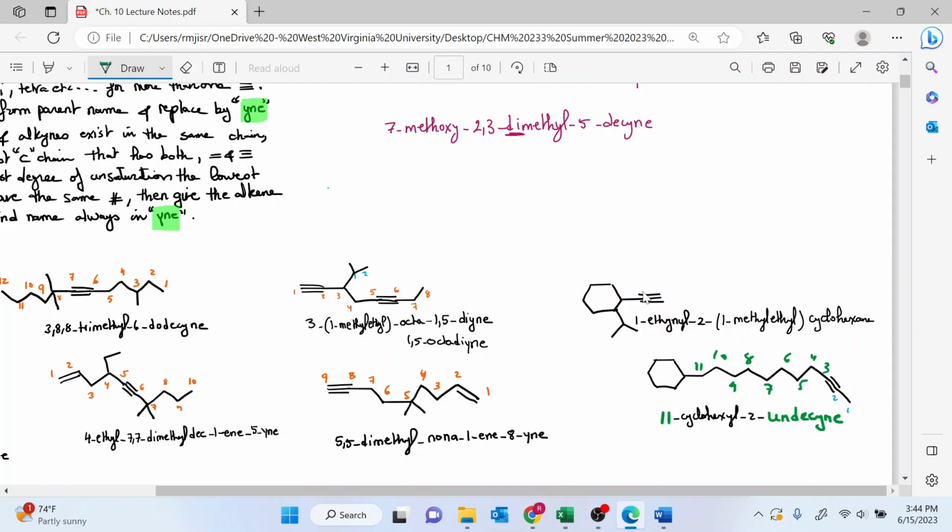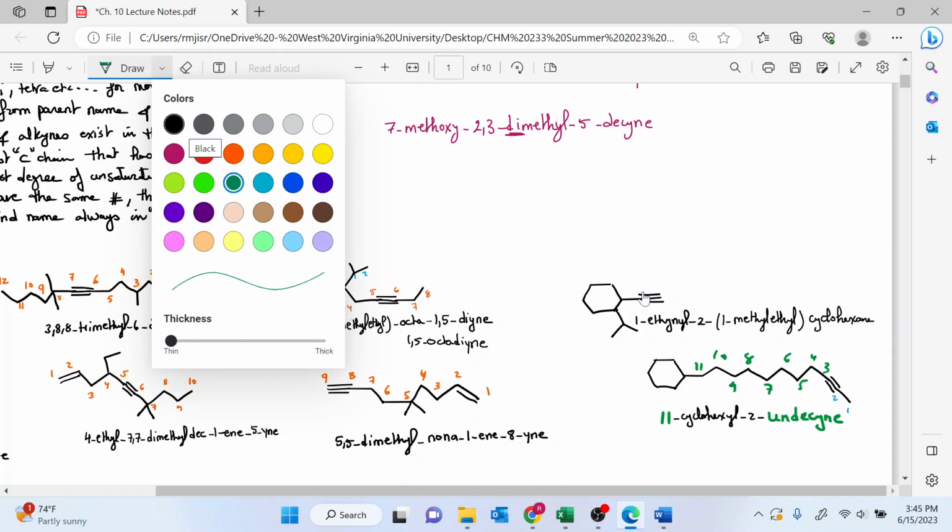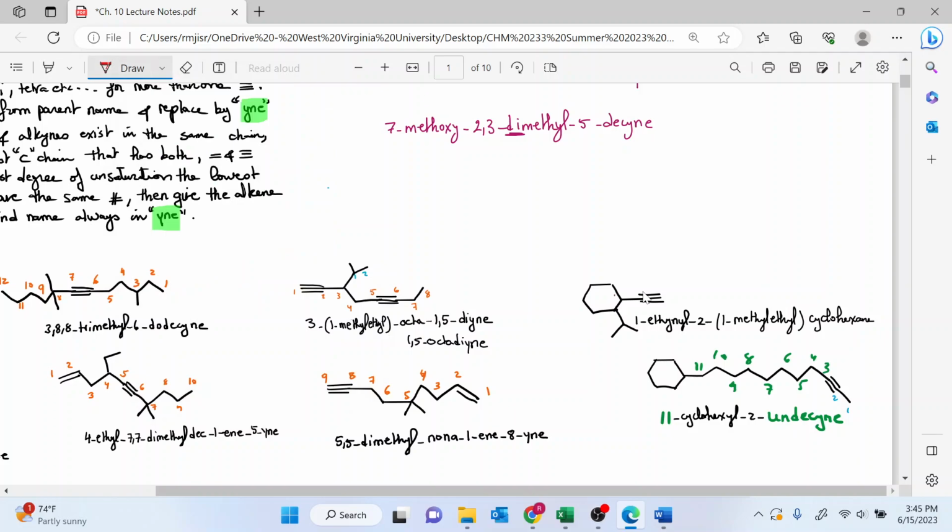However, your triple bond is going to get the lowest number due to alphabetical order. So this is going to be 1-ethynyl, and it's going to be 2. Don't use isopropyl. If you're asked about the IUPAC, it's going to be 1-methylethyl, and it is a